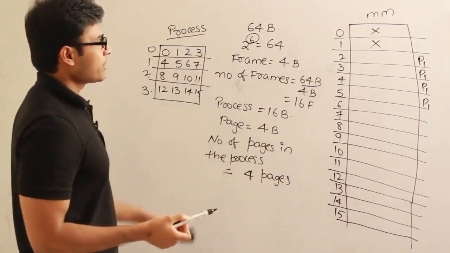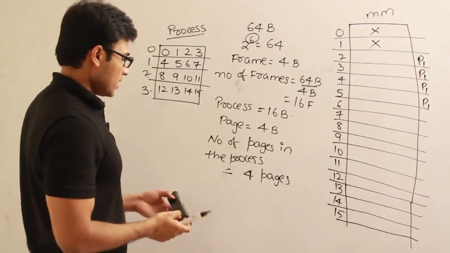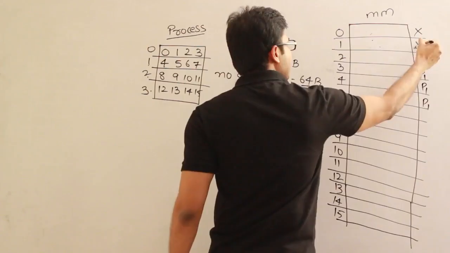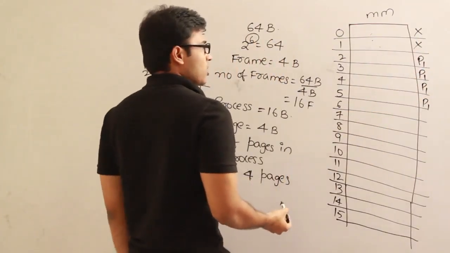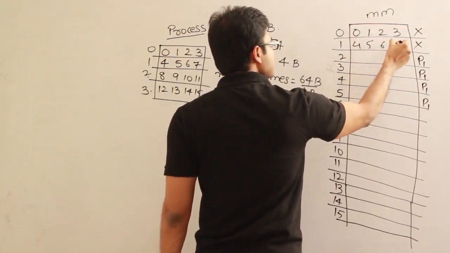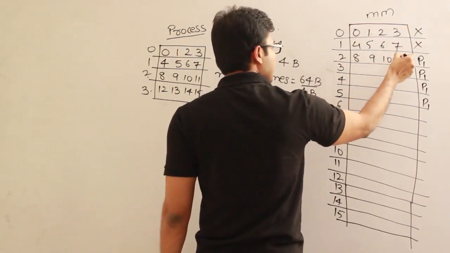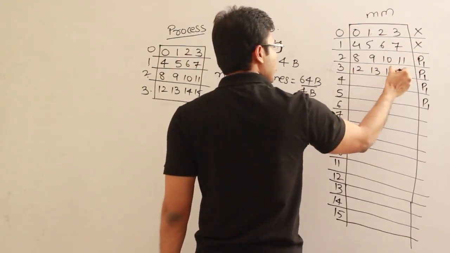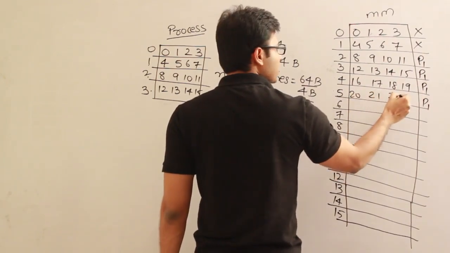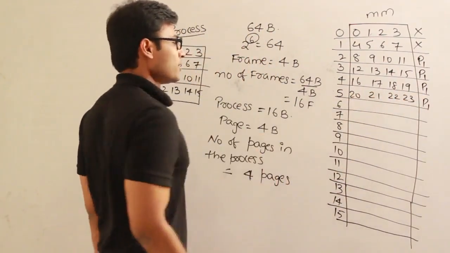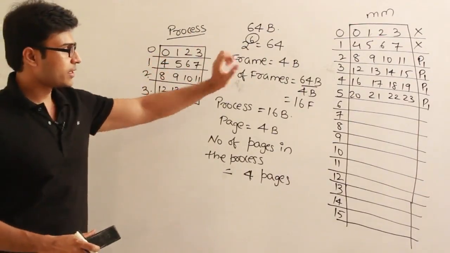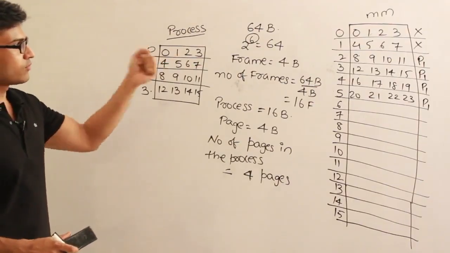Now what could be the byte numbers in the main memory of this process? Just see this. These two frames are occupied, and therefore I am loading the process from here. And what will be the byte numbers here? 0, 1, 2, 3, 4, 5, 6, 7, 8, 9, 10, 11, 12, 13, 14, 15, 16, 17, 18, 19, 20, 21, 22, 23. Don't worry, I am not going to write all the numbers. Now once this process gets loaded in the main memory from frames 2, 3, 4, 5,